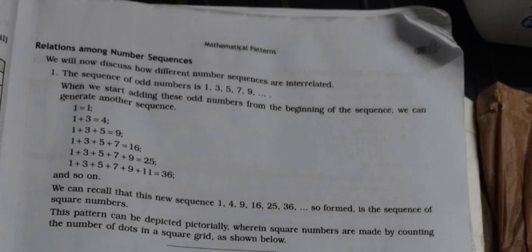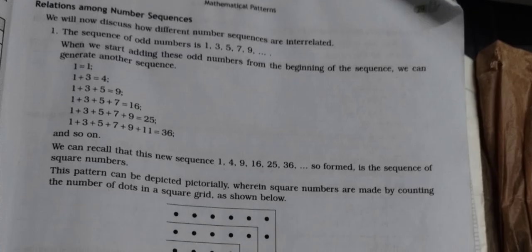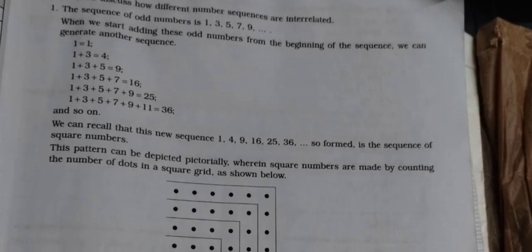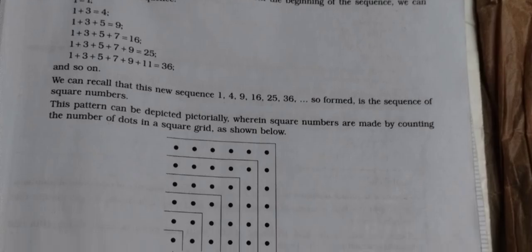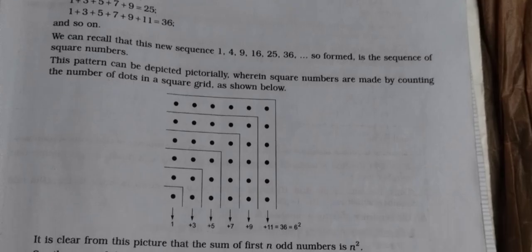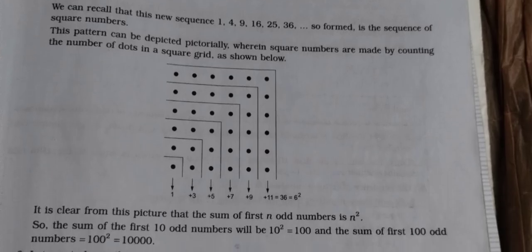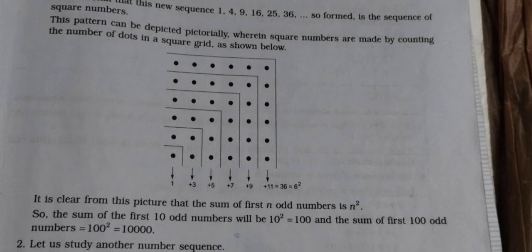Relations among number sequences. We will now discuss how different number sequences are interrelated. 1. The sequence of odd numbers is 1, 3, 5, 7, 9. When we start adding these odd numbers from the beginning of the sequence, we can generate another sequence: 1, 4, 9, 16, 25, 36 and so on. We can recall that this new sequence is the sequence of square